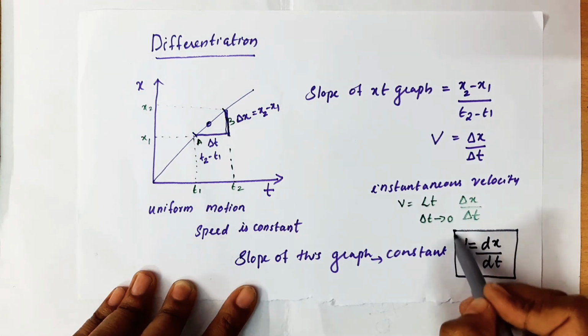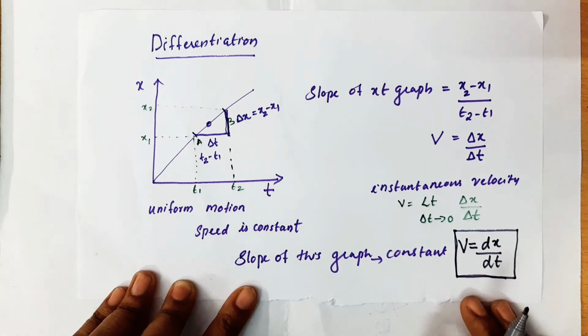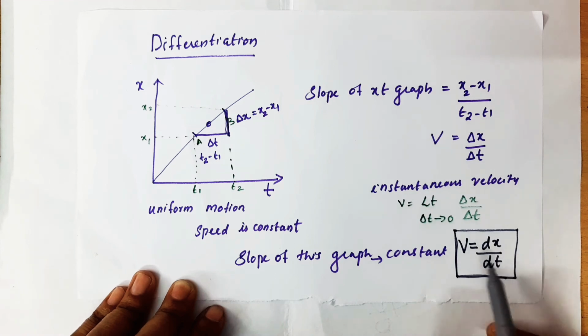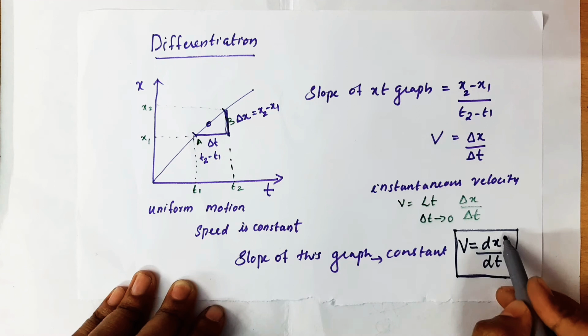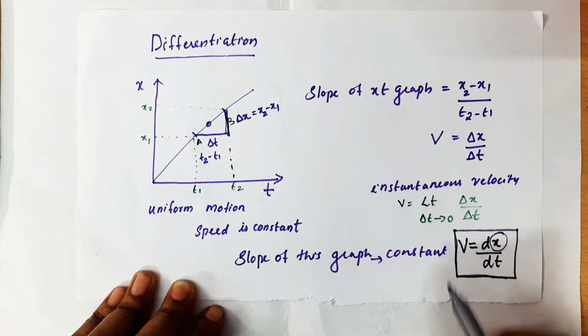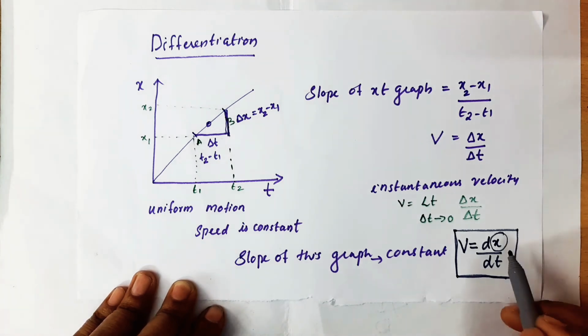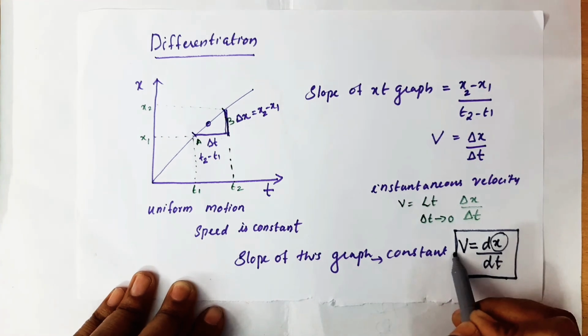But here you see we are just writing the expression in another form. Need not worry by seeing this equation. Velocity, the equation we know, that same thing only, but we are writing it in another form. v equals dx by dt. The meaning is the variation of x with respect to t, that is nothing but variation of displacement with respect to time. What is that? Velocity.